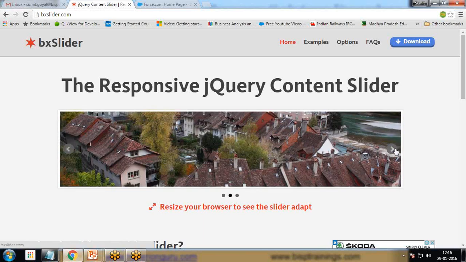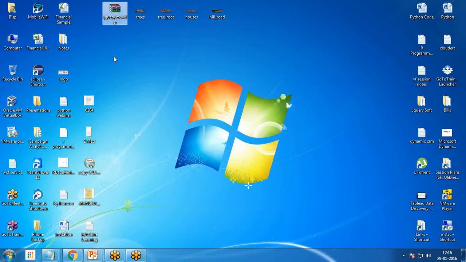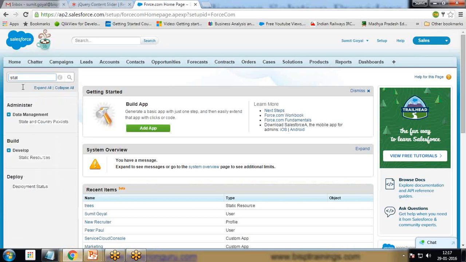You can see here we get options to move the slide from one page to another. We can implement the same kind of functionality, but I don't want these controls, and I don't want the text to be manually updated. For this we need to download and save BX Slider on our system. I have already downloaded it and stored it on my desktop as jQuery.bxslider. Then I need to add this jQuery.bxslider as a static resource, so I go to static resources